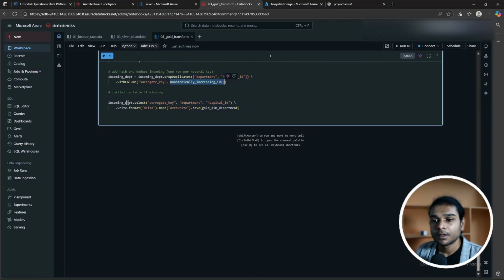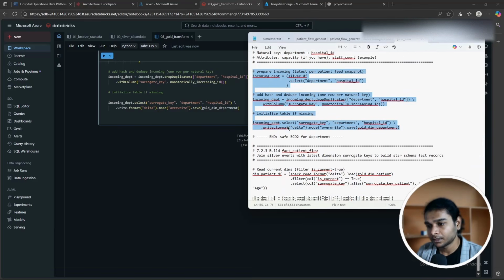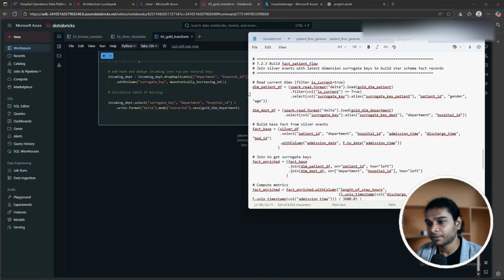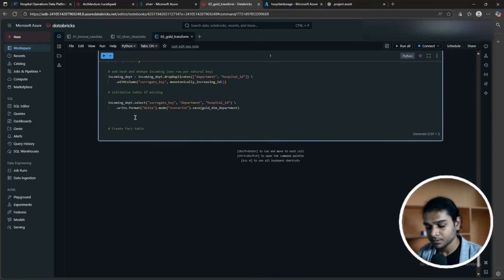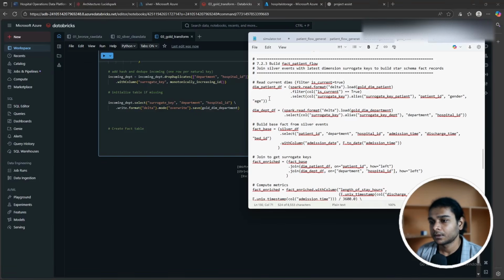And here we overwrite the data in the gold dimension department table. Now we created the dimension table. Now let's head to the fact table. Give it some space and say create fact table. Now for the fact table,